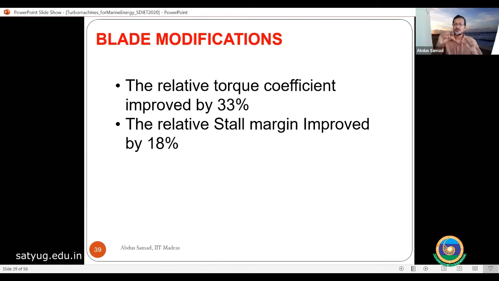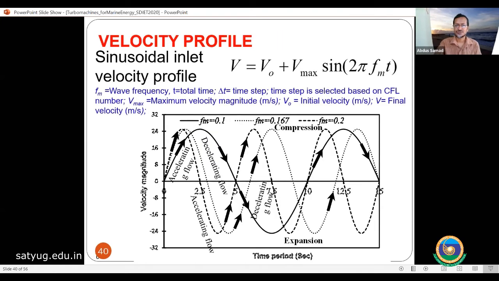Okay, so we changed only the groove. With the groove, if we mix other parameters, like sweep or lean, maybe it will improve further. But it was one PhD student's work. This was a huge task, and some other students added some more things. I cannot show everything. The slides show only a limited portion.